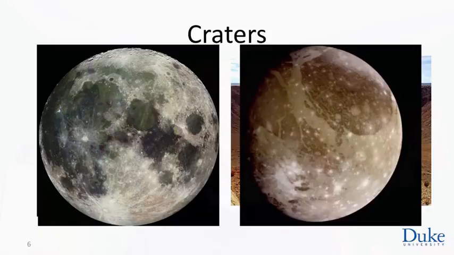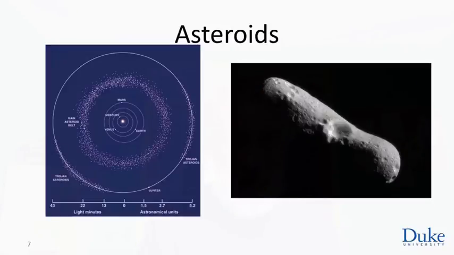What else is out there? Well, it turns out that's all the big stuff, but there are smaller objects out there. The main collection of small objects is called asteroids. This is a picture of a particularly pretty one. This is the asteroid Eros, close-up shot. And we see two things about Eros. One is that, like everything else in the solar system, it has suffered some collisions. It's cratered. But Eros is not round. It's shaped like a potato. And in general, asteroids do not necessarily follow the pattern we've seen where everything is spherical. We'll have to understand why it is that things can come in various shapes.